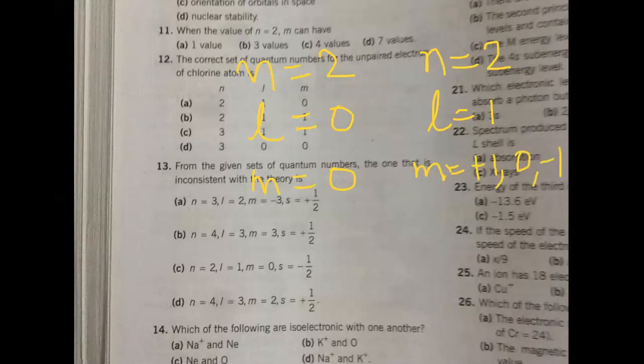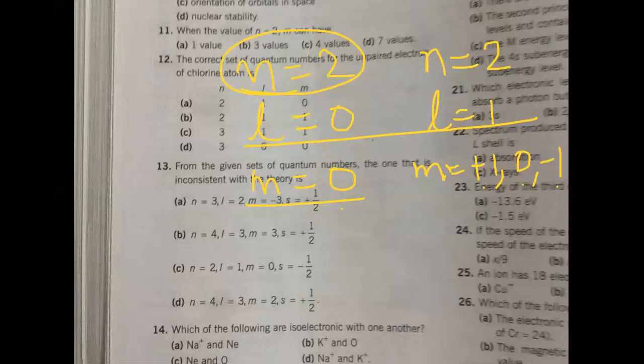It is not specifying the value of L. It is telling me the value of n. So you can say that there can be 4 values, px, py, pz and then s. Clear? So the correct answer for this should be 4 values. Okay, I'll have to see in the book also, but I think it will be 4 values. Okay, next, can we proceed?